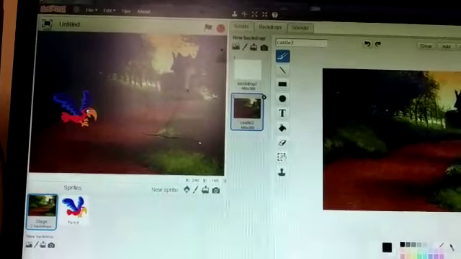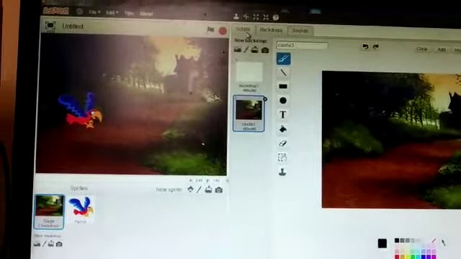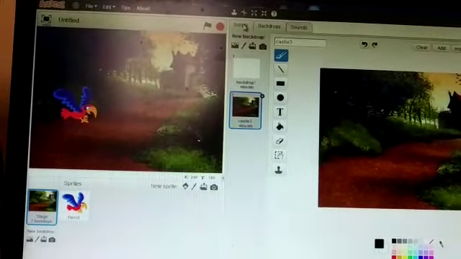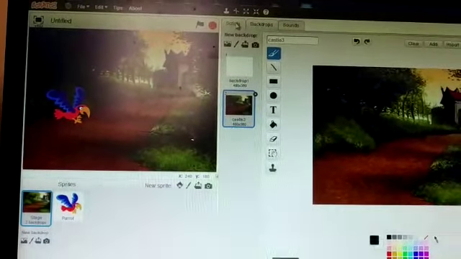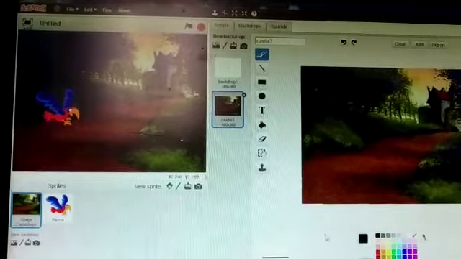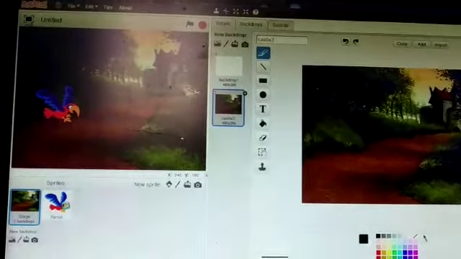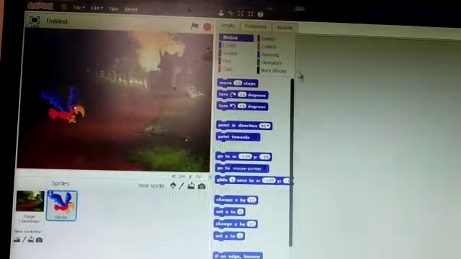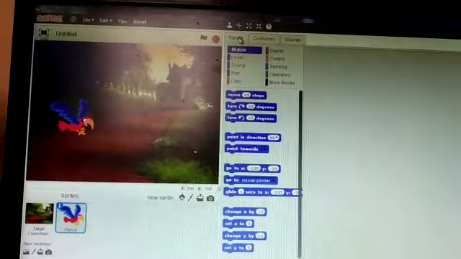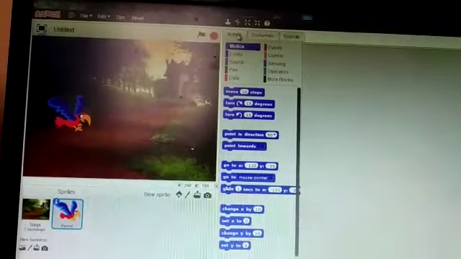So students, you have to click on this script option. Then go to the parrot here. Click on this parrot. Now our scripts come. We will do coding.